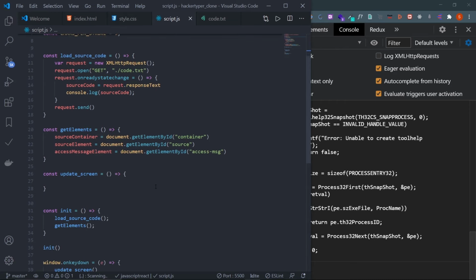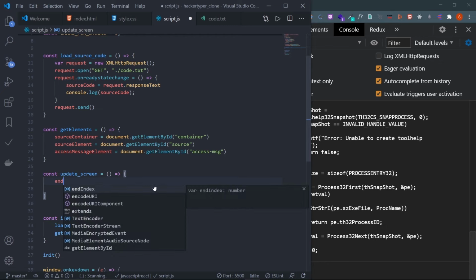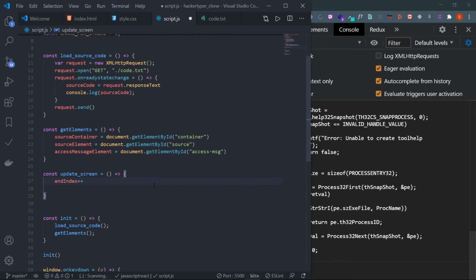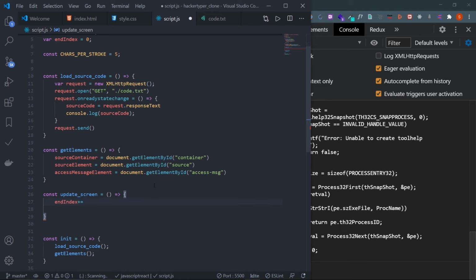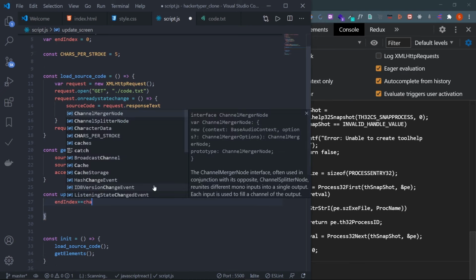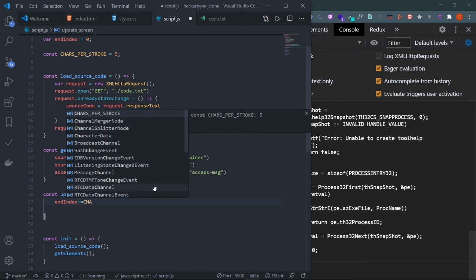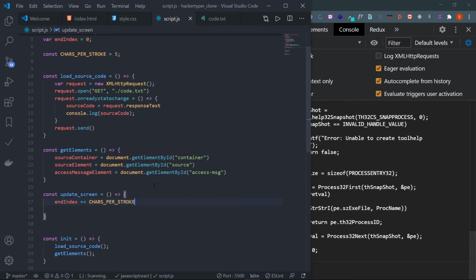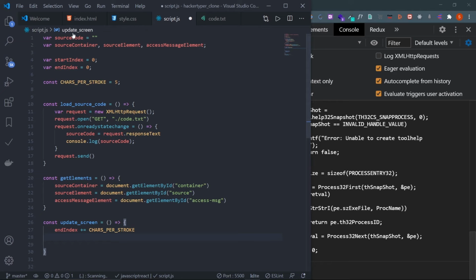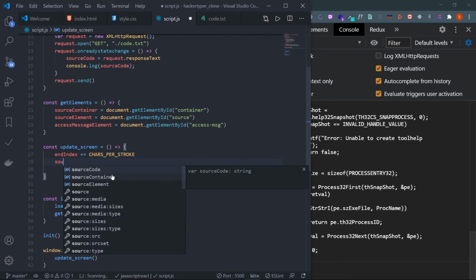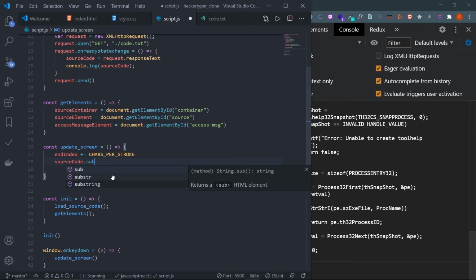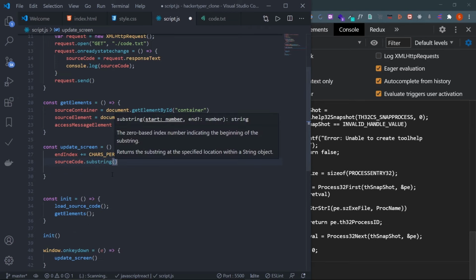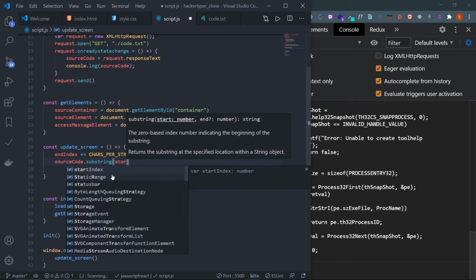Now in the update screen, let's update the end index plus equal to, so currently this is 0, and now end index plus equal to cards per stroke, and then I need to get the substring. So this is the source code inside this source code variable. So source code dot the JavaScript method which is substring, and here you need to put the start index and the end index,